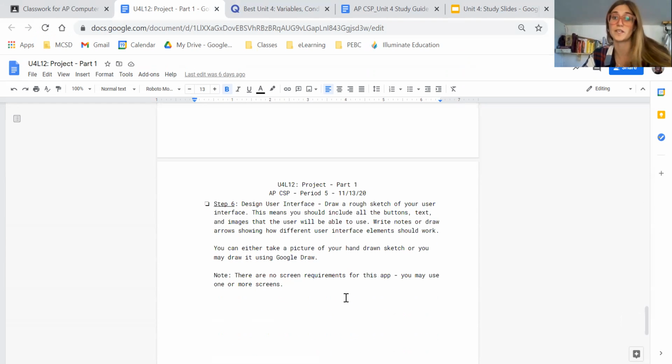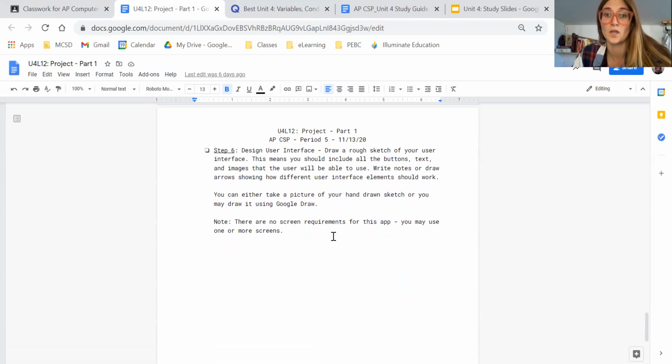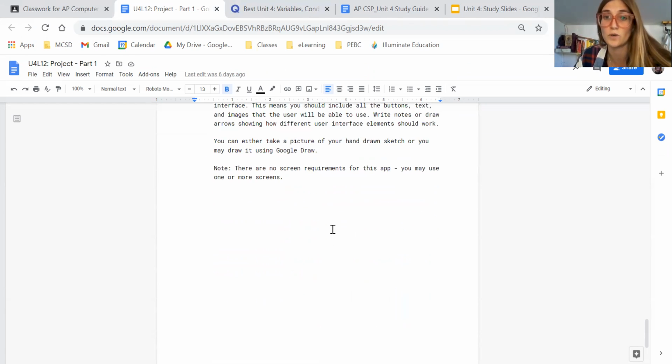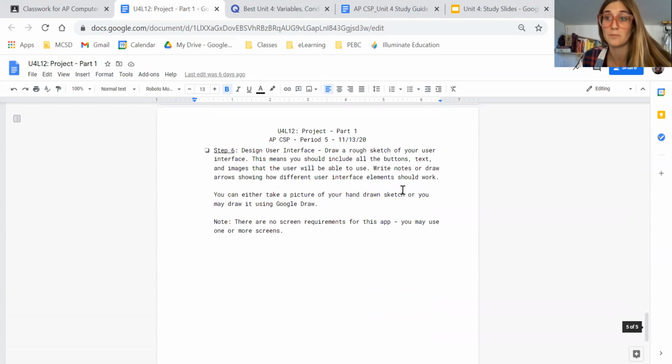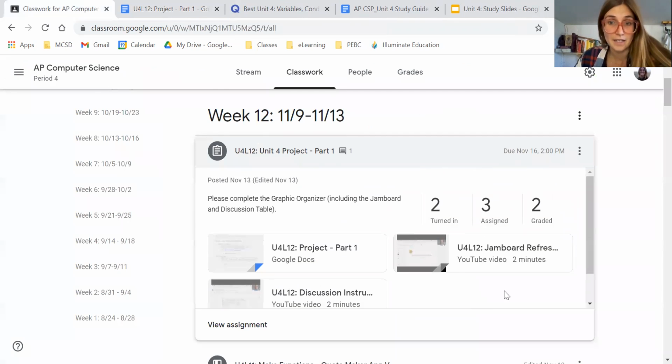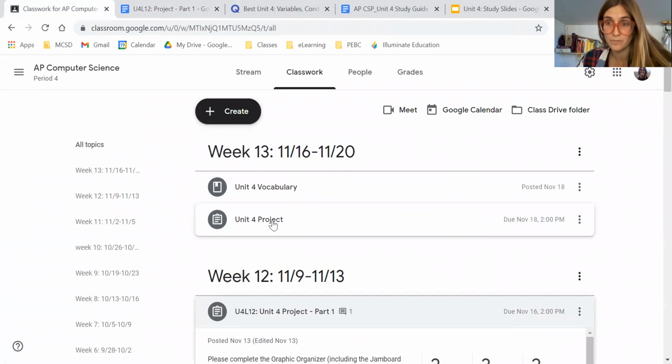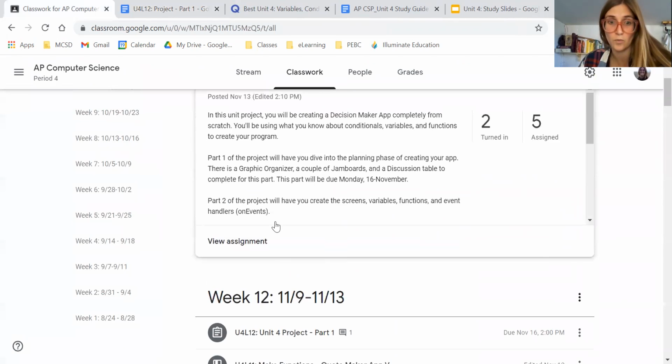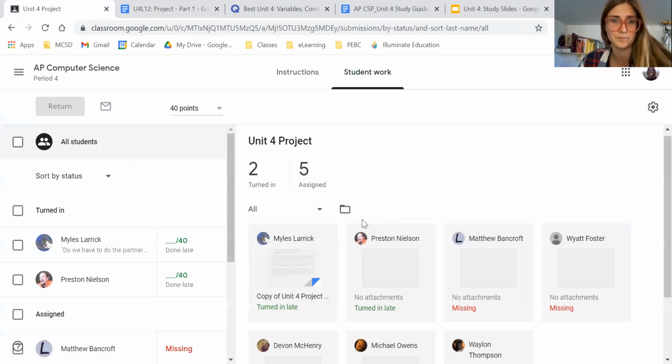Same thing goes for this user interface. You don't need to make it perfect. You don't need to make it super exact. This is really just meant to be a tool for you while you're planning your app. Okay, so that was the first thing I want you to make sure is completed for the Unit 4 project. Then the next 2 things are up here under Unit 4 project,